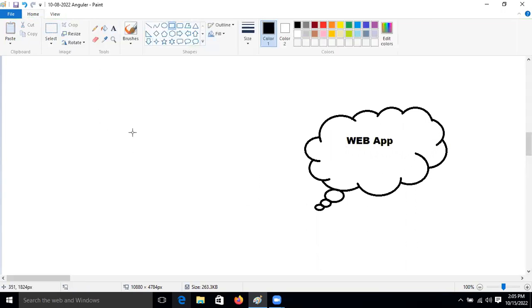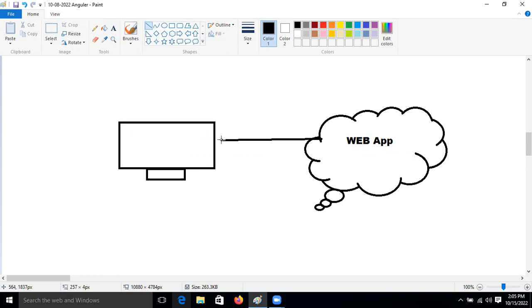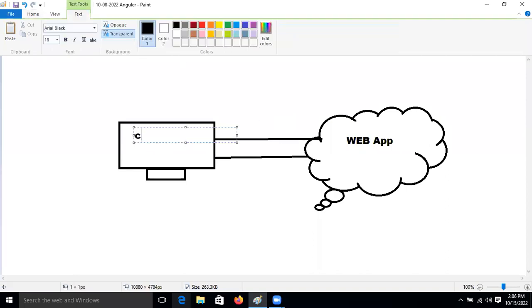So what was there previously? People were using just a PC. In the earlier days, people used this web application on the computer or laptop itself, which has high bandwidth. Just assume that this is the client. Our client was the PC.